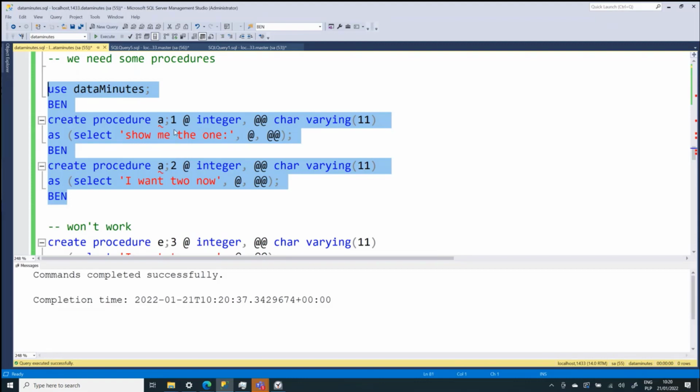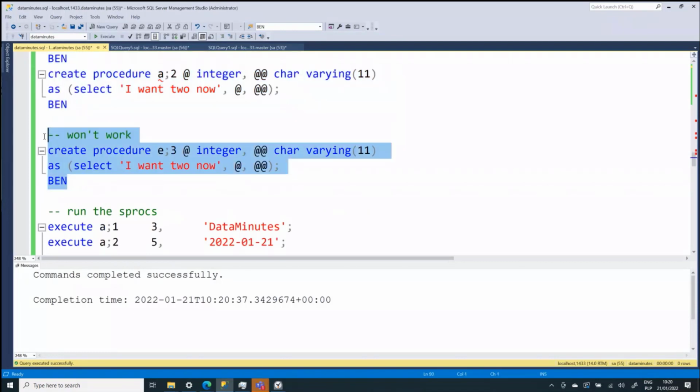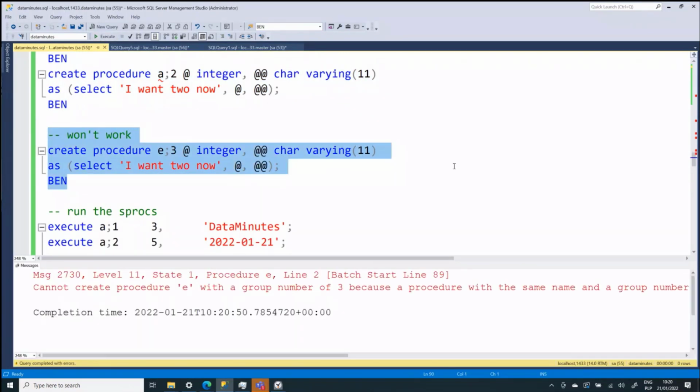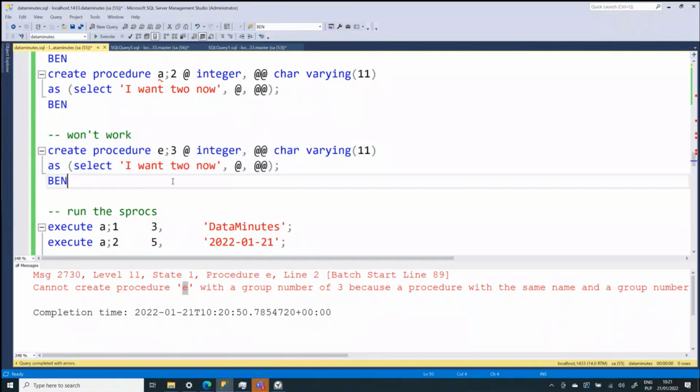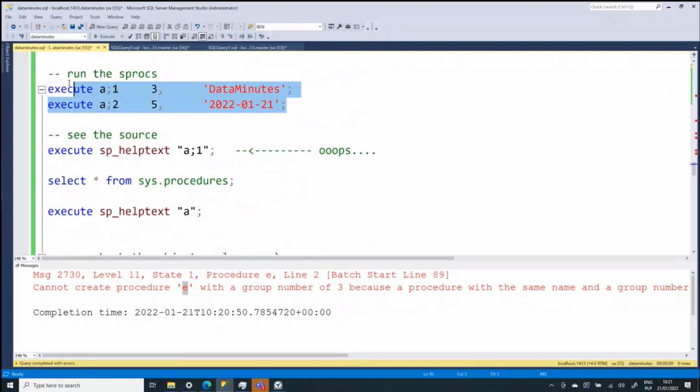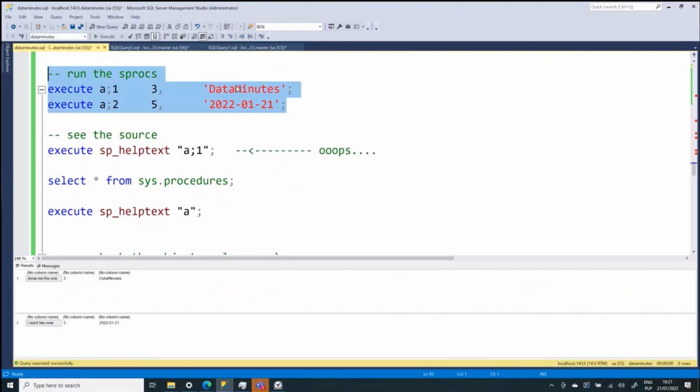And as you can see, the creation of the procedure works. Although remember that if you want to run something like that, it won't work. And you may ask why, but I'm cheating a little bit here because I use the procedure called A;3 instead of A. So the number 3 here means it requires group 1 and 2 before we create number 3. You can check this out on the Microsoft Docs. Don't use it.